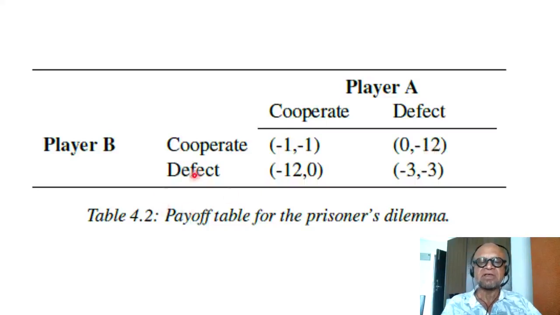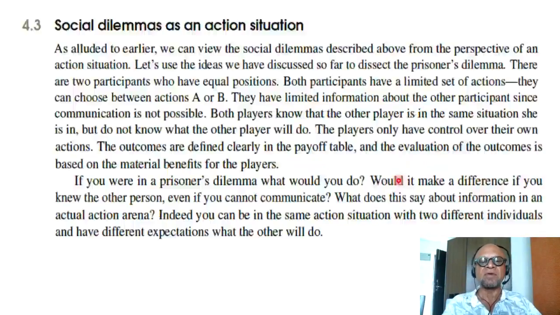And similarly, if player B defects and player A cooperates, player B gains. So you can think of this as gaining or losing depending on what it is. So both get a 3-month prison sentence, both are losing 3 points or 3 units of something you are thinking about, right?